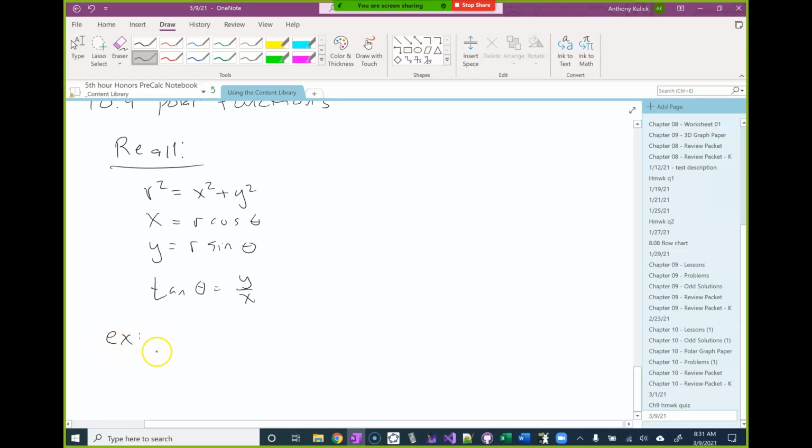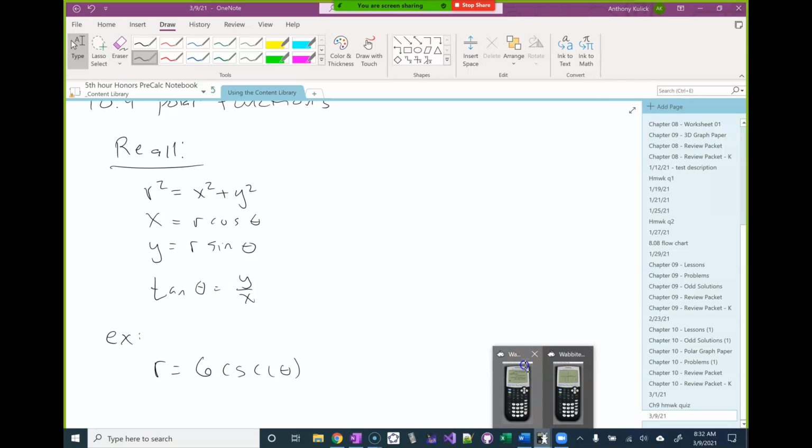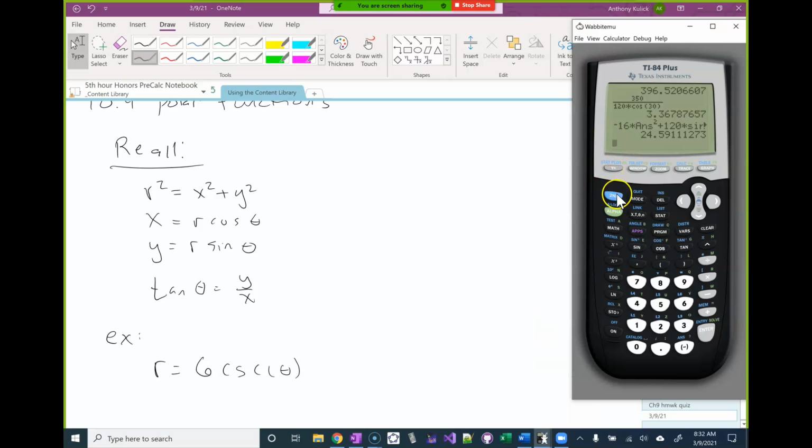Let's go ahead and open our graphing calculator and graph this, just to show you what graphing looks like when we're in polar mode. So I'll take my calculator, I'll go to the mode section. I'm going to change it back to radian since we're graphing, and I'm going to change it from parametric to polar. I'm going to go to the y equals,